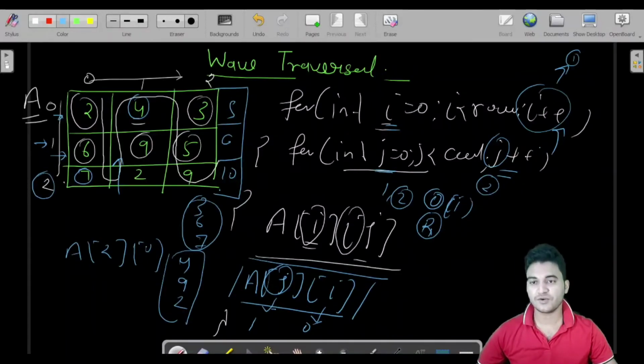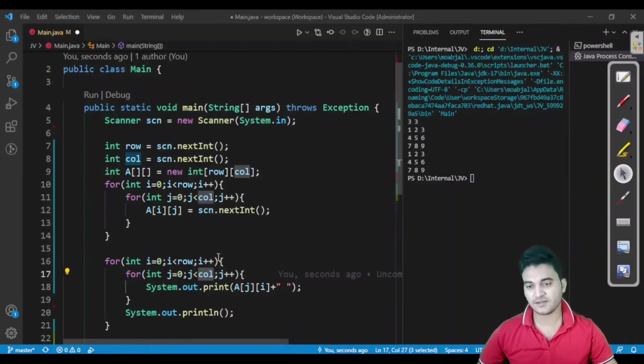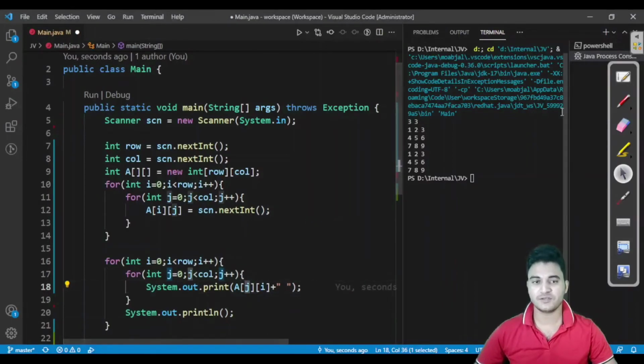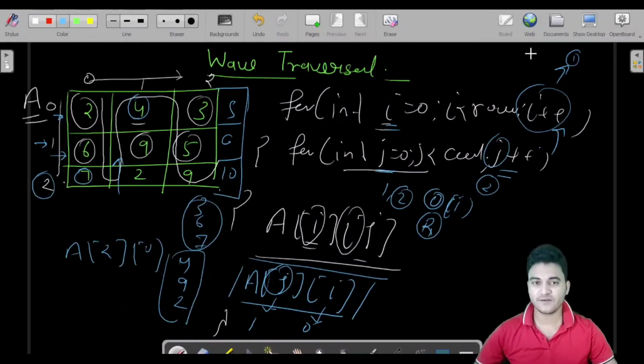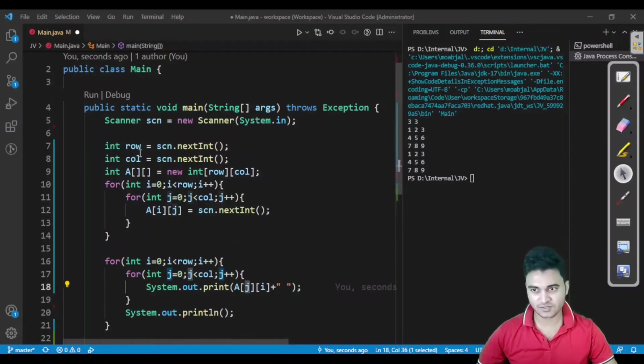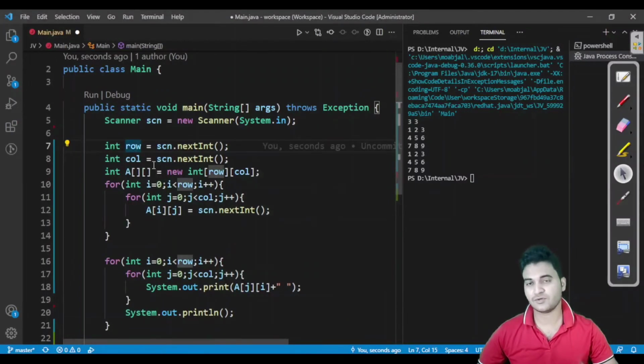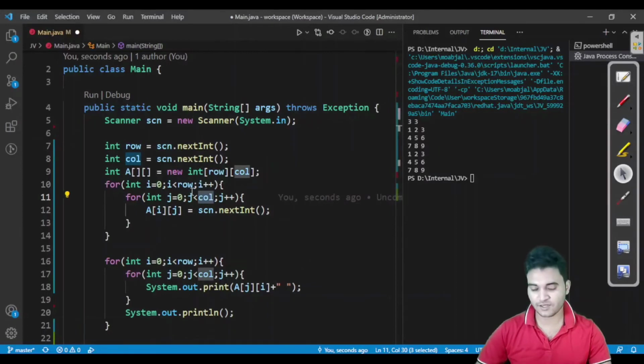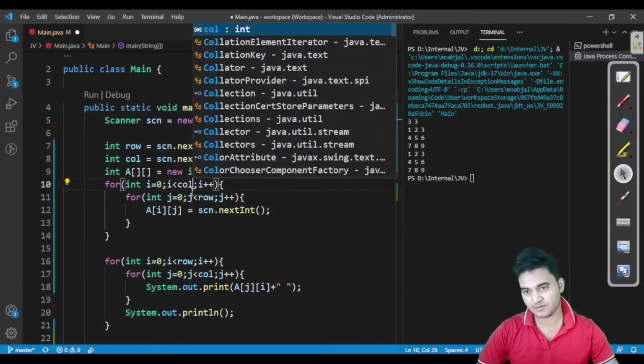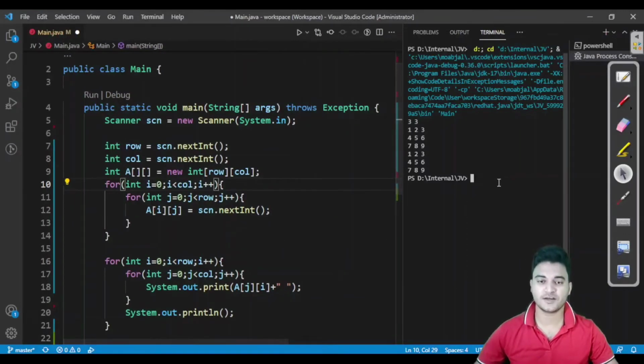It would go 4 times, so at one time the value for j would be 3, but our row is 0 1 2, so 2 only. So it would give us the array out of bound exception. So for that I have to write row here and column here, so that it would print the output in the correct manner.